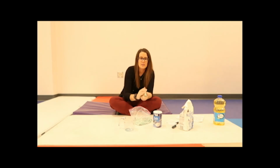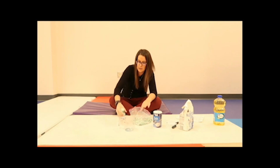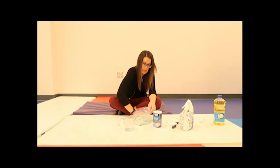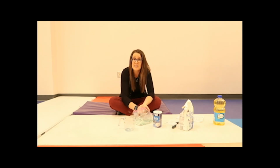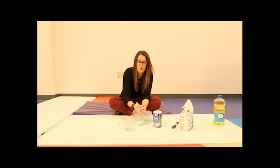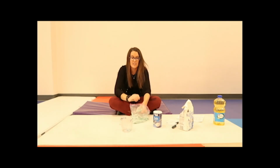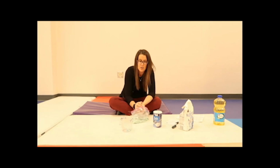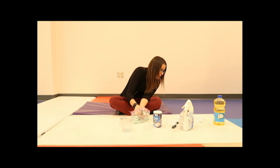Again, I'm just, let those kids knead it, start to make it. It looks like mine here is a little dry, so I would need just a little bit more water. And again, really simple, easy activity. We can go even further and have cookie cutters so they can make shapes with it. Cut out shapes. We can have a roller. Again, this is just letting those kids have that tactile experience with kneading, molding, rolling, pulling, working with those fine